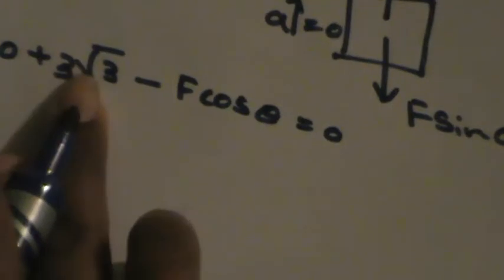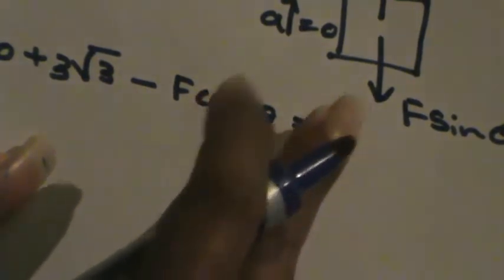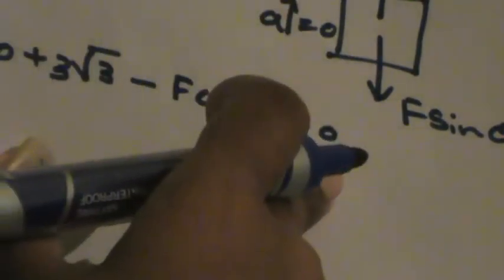So when you are taking the horizontal direction, 10 plus 3 root 3 minus f cos theta should be 0 for this object to be in equilibrium. 10 plus 3 root 3 is in this direction, and f cos theta is in this direction. So 10 plus 3 root 3 minus f cos theta should be equal to 0. So the total force is 0. So although there is mass, acceleration should be 0. So if there is no acceleration, this object will not move, assuming that the object is initially at rest. So f cos theta is equal to 10 plus 3 root 3,